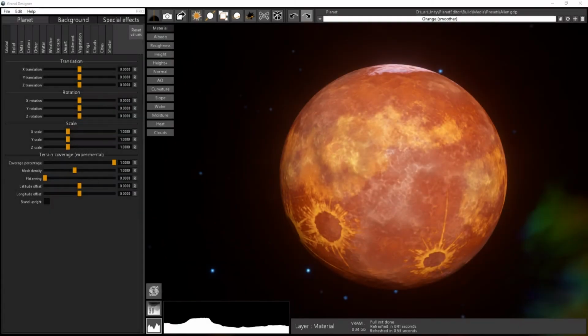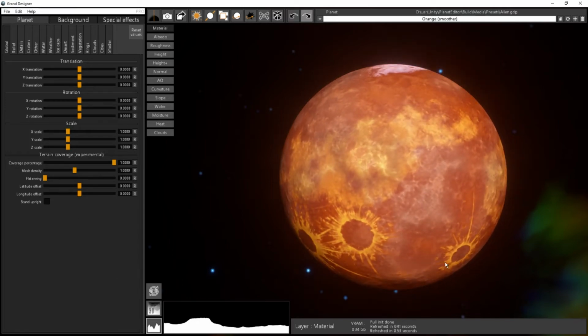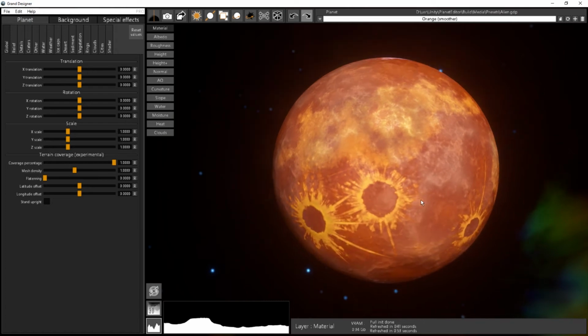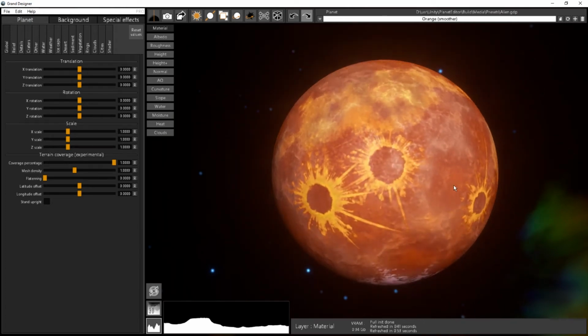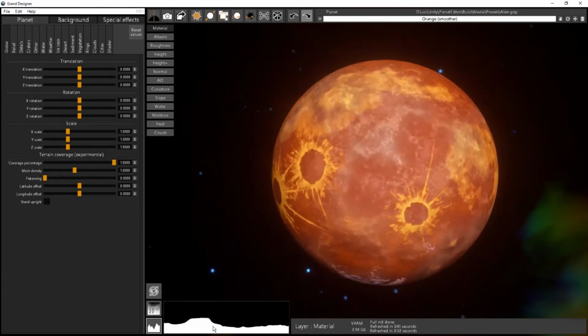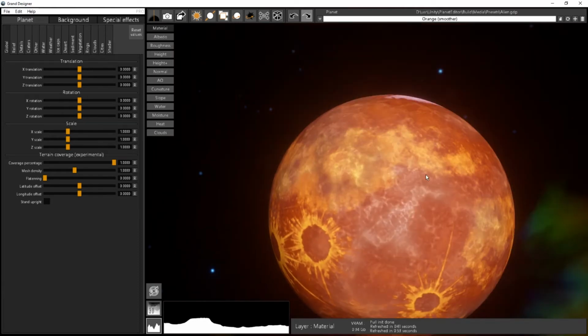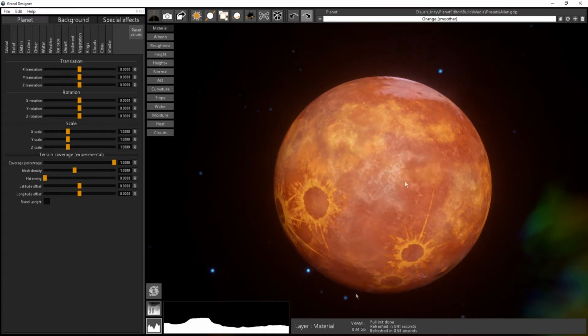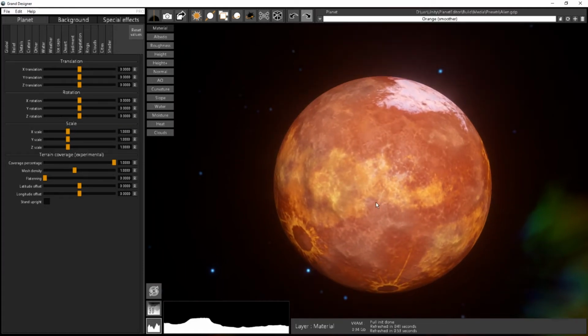In this tutorial we will see how to export a planet to Unity. So first I've just loaded one of my samples here, and you have to choose what you want to export. So here I will just make a simple planet. I have no clouds, no rings, and I will first choose the resolution I will use for my planet, for